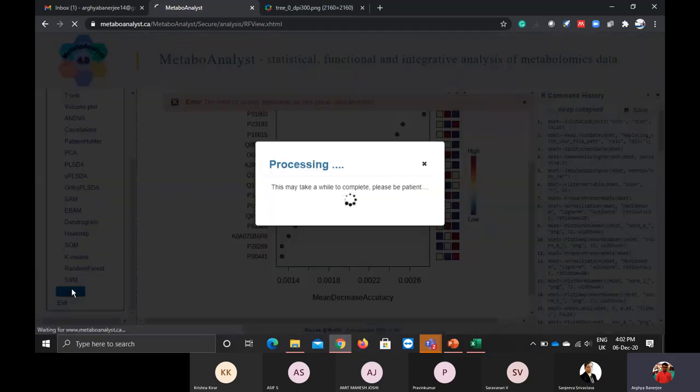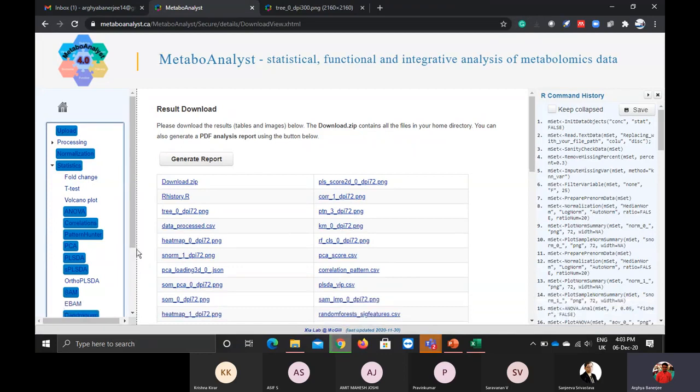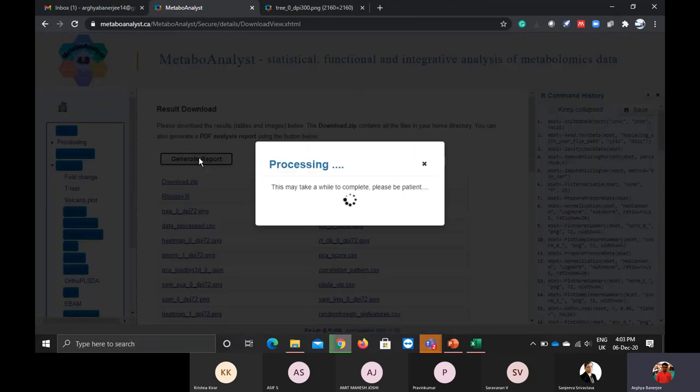Lastly, you come to the downloads. Once you come to the download, you can do a download zip. Whatever features, whatever analysis you have done, at the end you can download that. Also, you can generate a report.